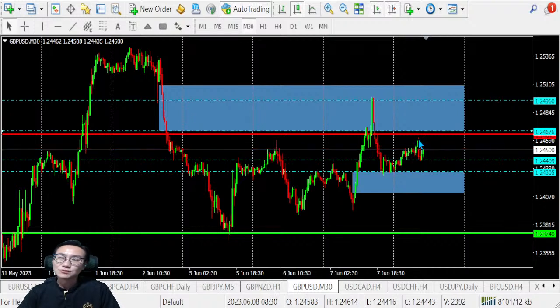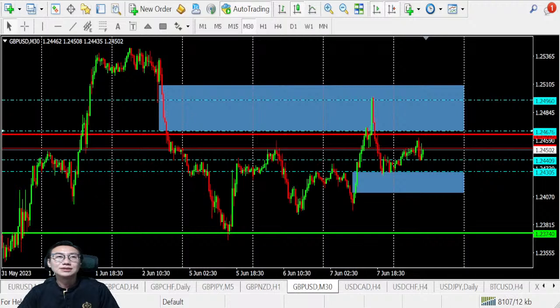It looks like pound dollar is going to push higher. Okay, it looks like it's going to push higher, right? So it looks like it's going to push higher to the extent that we are going back into the 124,960. So that is one. Probably we may want to take a look later on, and to see how it goes.